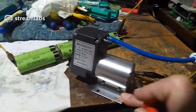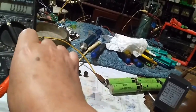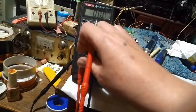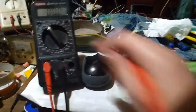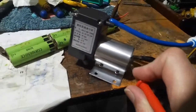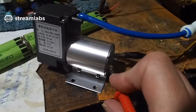Oops, I'm on the 200 milliamp range. I think I've blown a fuse, or maybe not. Just a minute, I don't think I have. Hang on. No, I want to be on the 10 amp range. Yeah, because it's about 700 milliamps. Right, I'm on the right range. Okay, there we go. Right, 760 milliamps. So I keep the vacuum pump going to suck all the air